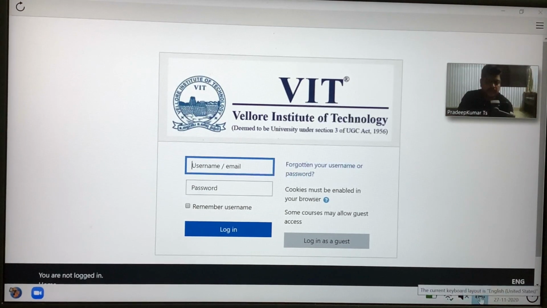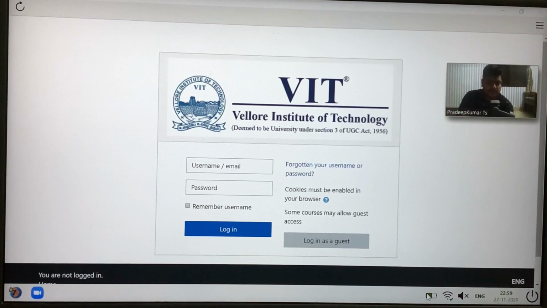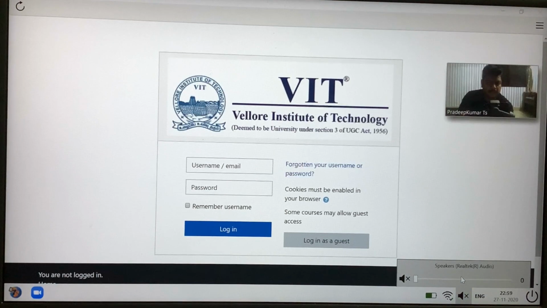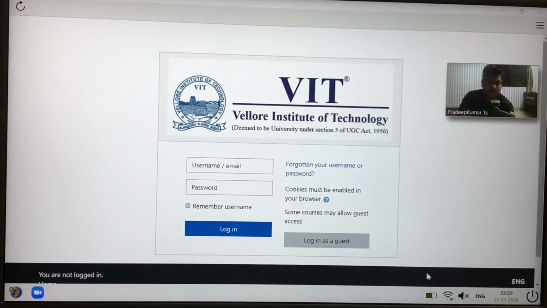Now the bottom side icons, right bottom. We have the power icon, the battery, since it is a laptop. The next icon is the Wi-Fi, which will show you all the signals. In case the network disconnects while the exam is being written, the student can use the hotspot. Next is the speaker, muted. You can switch it on or switch it off, so you can configure enabling or disabling the speaker.